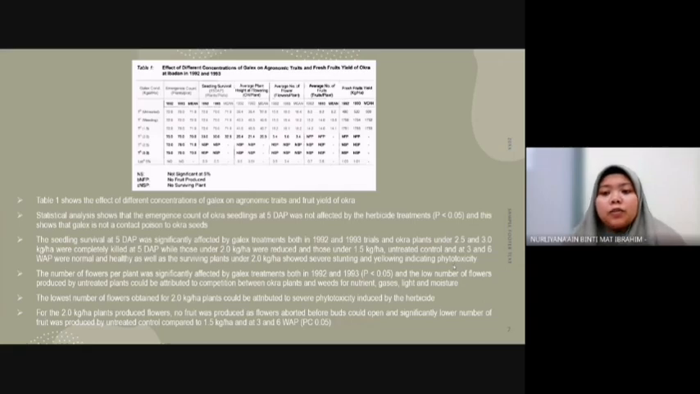indicating phytotoxicity. The number of flowers per plant was significantly affected by Galex treatment both in 1992 and 1993, and the lower number of flowers produced by untreated plants could be attributed to competition between okra plants and weeds for nutrients, gases, light, and moisture. The lowest number of flowers obtained for 2.0 kg per hectare plants could be attributed to self-phytotoxicity induced by the herbicide. The 2.0 kg per hectare plants produced flowers, but no fruit was produced as flowers aborted before buds could open, and a significantly lower number of fruit was produced by untreated control compared to 1.5 kg per hectare and at